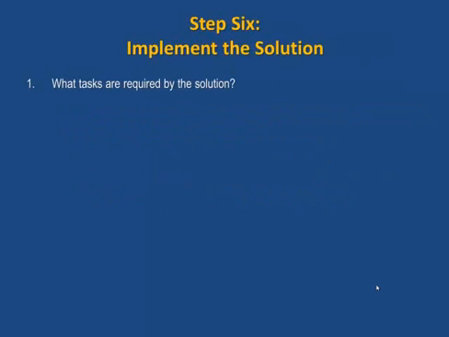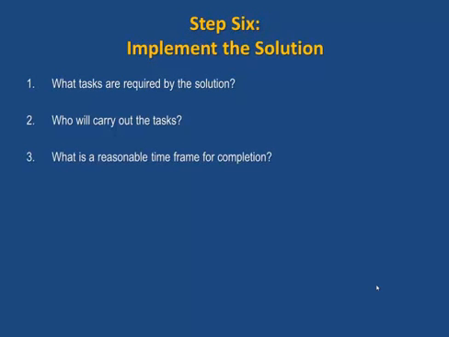Now, how do you implement the solution? For your simple task of choosing a target audience, there's no big deal. You're just moving ahead. But some other things might require other tasks be involved. And then you would need to know who's going to take care of those tasks, and then what's the reasonable time frame for this to be finished. Now, this could be, again, when you get to creating your advertisement, you can go through what do we have to do to get this advertisement done, who will do what, and what's our time